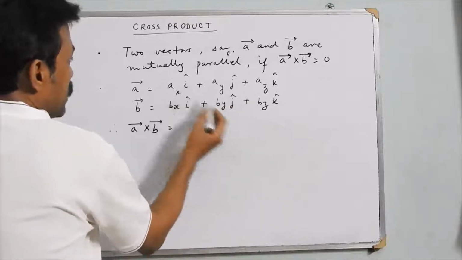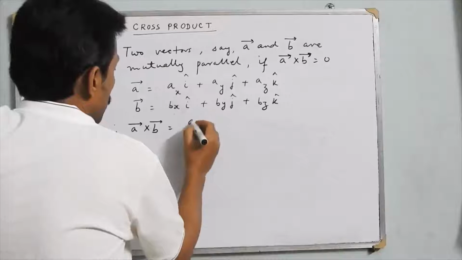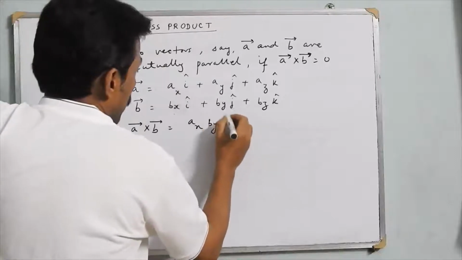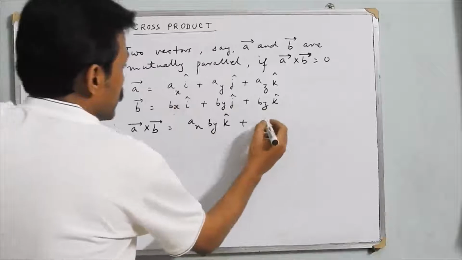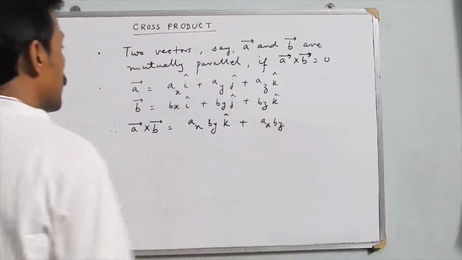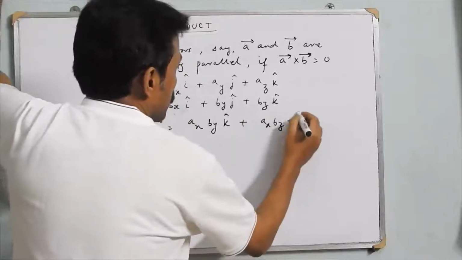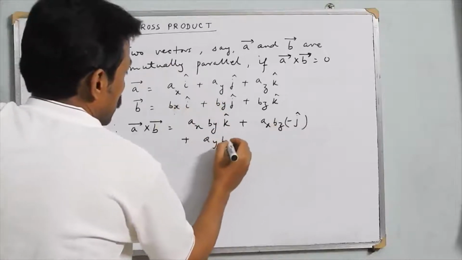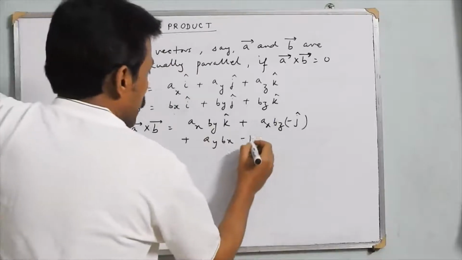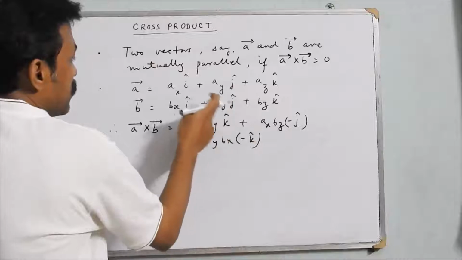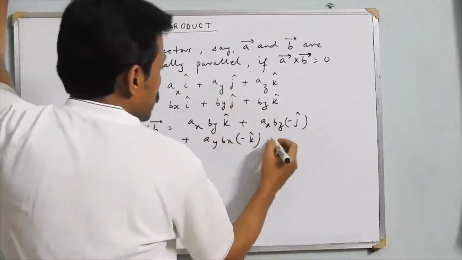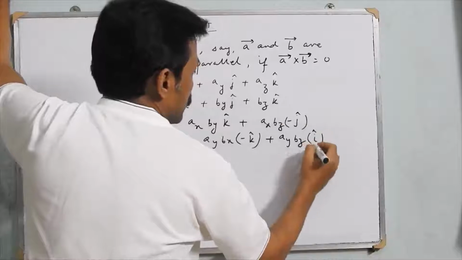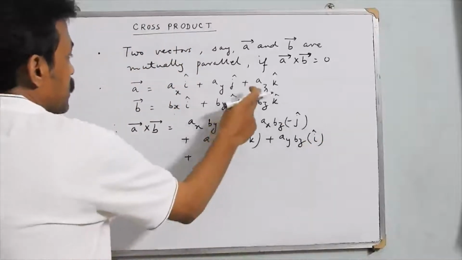So you have to consider i cross j and i cross k. So you will get Ax By, i cross j, that is k hat, plus Ax Bz, i cross k is minus j hat, plus Ay Bx, j cross i is minus k hat. j cross j is 0, so there is no Ay By. Ay Bz, j cross k is i hat,